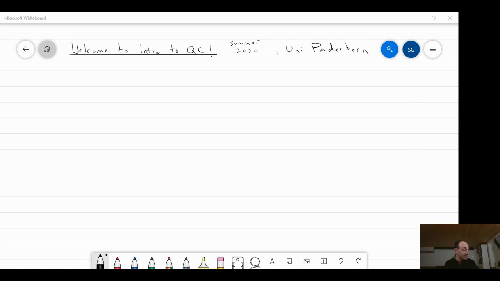Okay, so let me be very clear. We're not physicists here. We're doing computer science, so we're not going to be doing much actual physics in this course. So we're going to see in lecture 2 that we're going to put down some mathematical laws that describe quantum mechanics as far as we're concerned, and then we're just going to work with those laws. Okay, so how you actually implement those laws in a physical system, that's beyond the scope of this course.